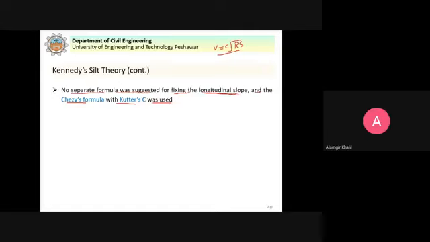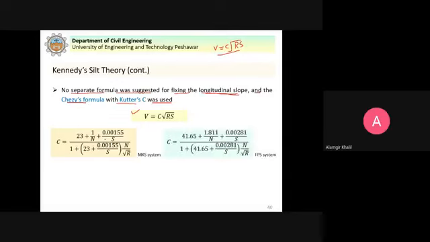So he used the Chezy formula and Cutter's formula to calculate the C in the Chezy formula. This is the Chezy formula, and this is how we calculate the C using Cutter's equations in the MKS system and in the FPS system,